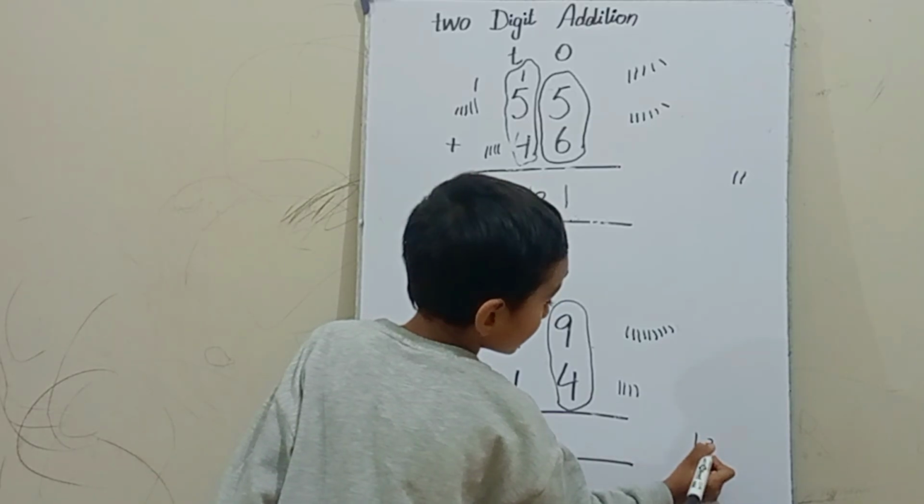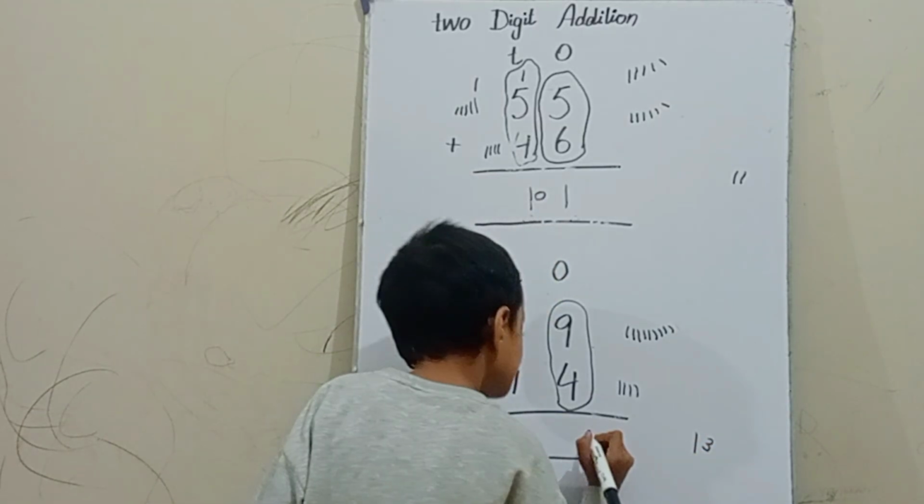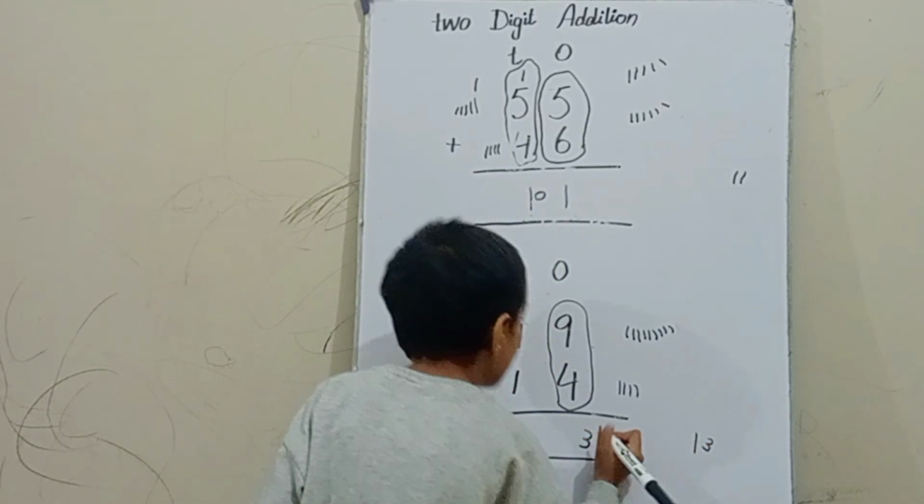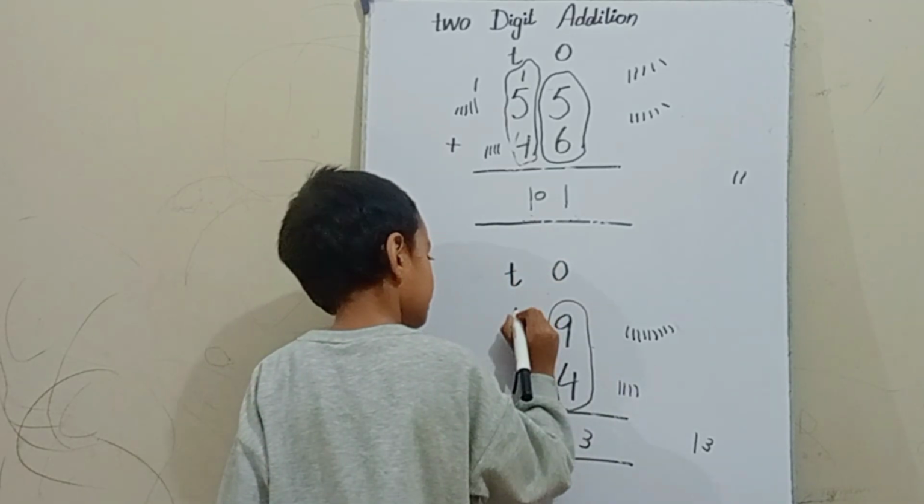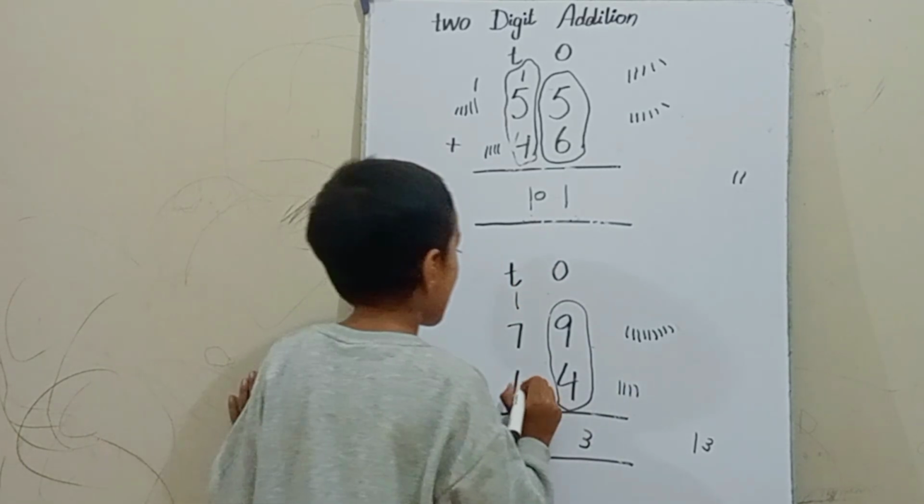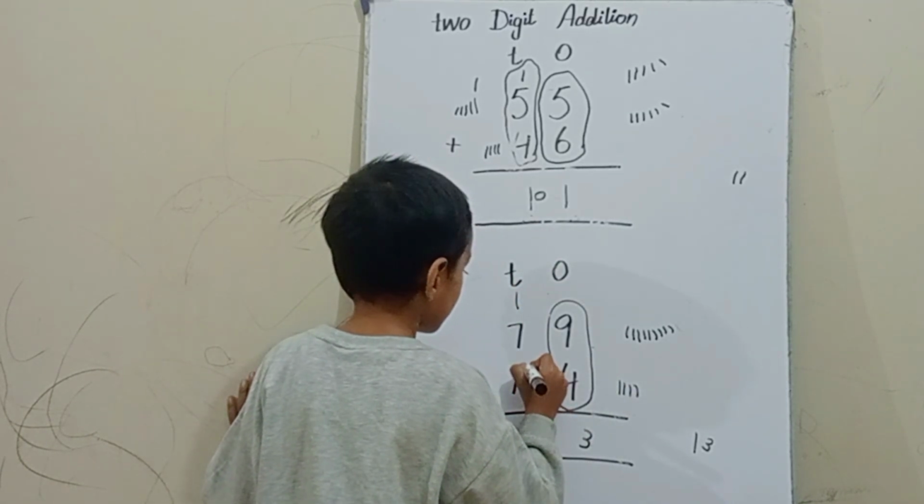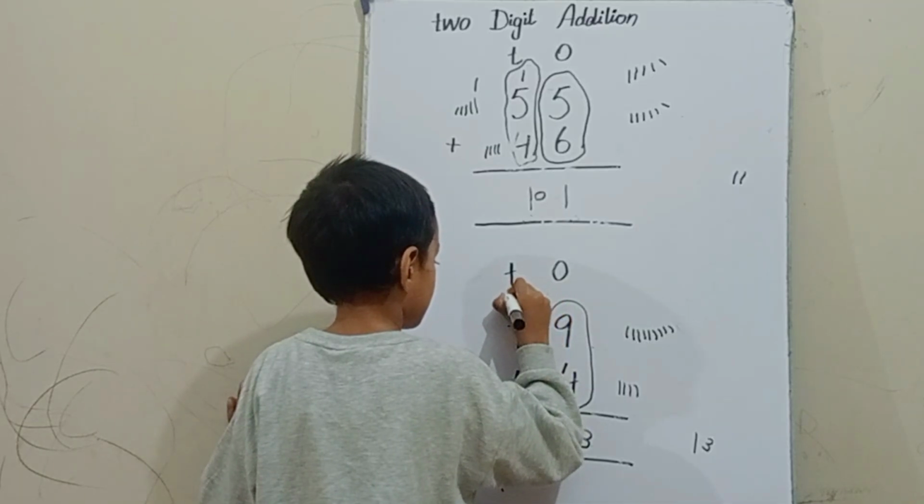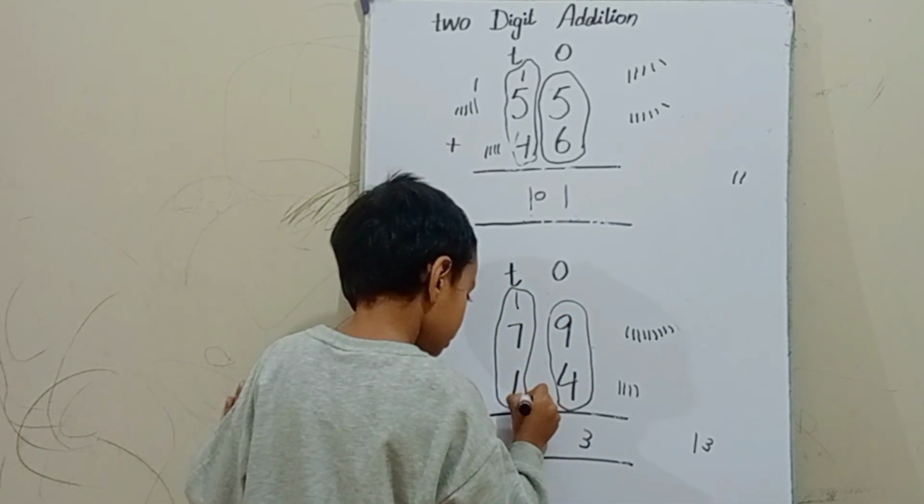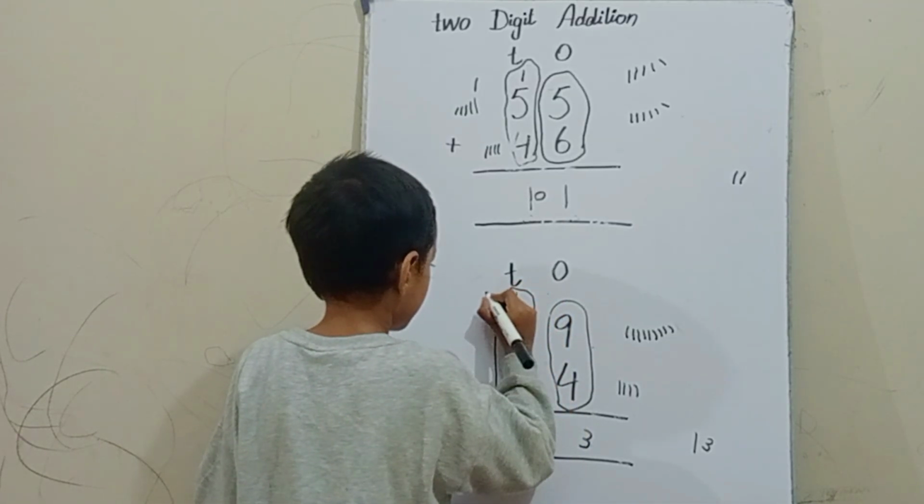This is tens, this is ones. Ones is here, tens is here. Now we add tens side. Circle. 1,